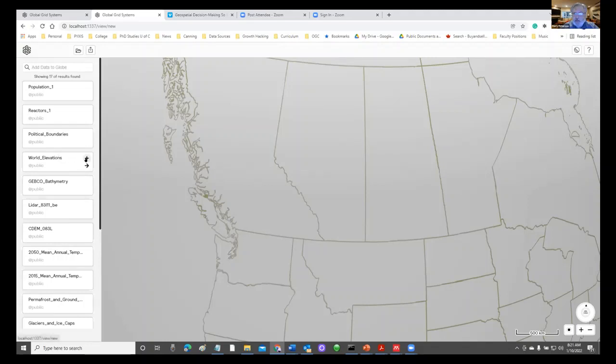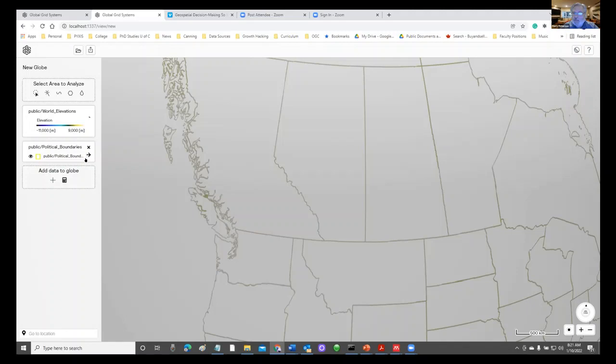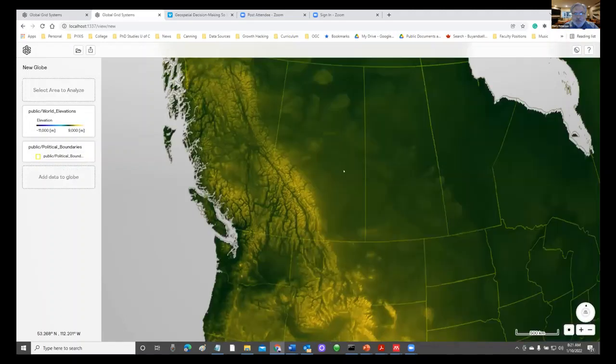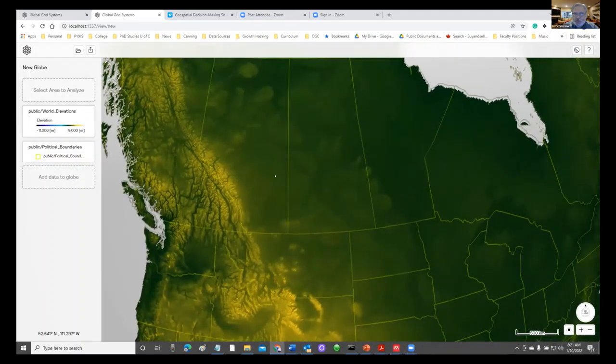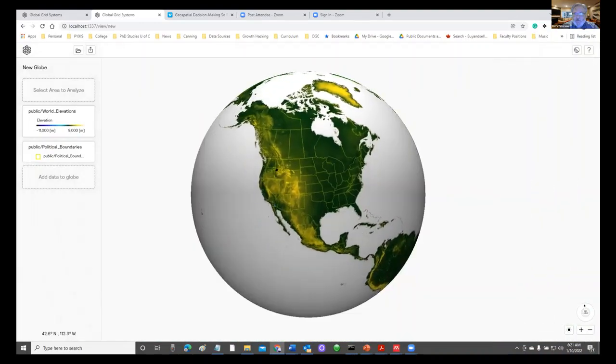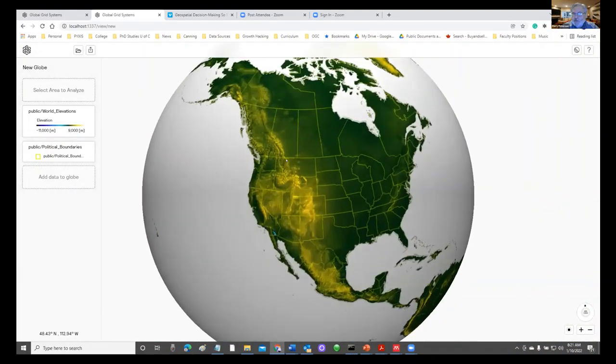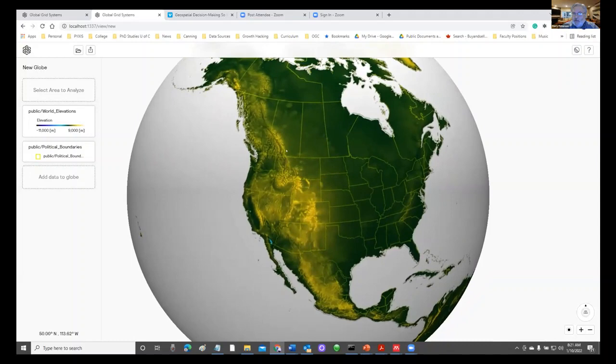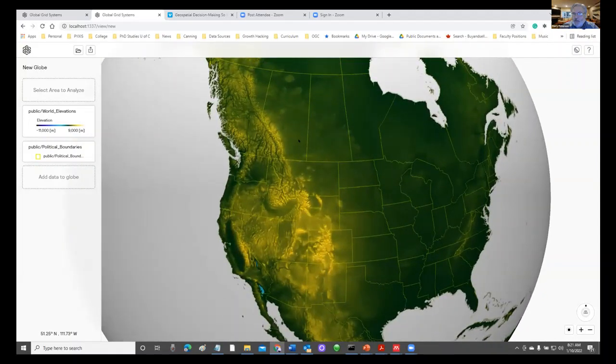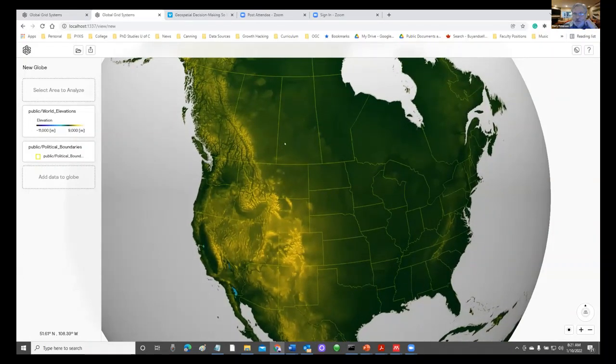elevation data set. This is a 30-second data set, GTOPO30, familiar. So we're bringing that in now. I'll zoom out to the whole globe. We can see we've just filled up cells with elevation data values and rendered those. I pre-rendered them so that we could see them on the screen.